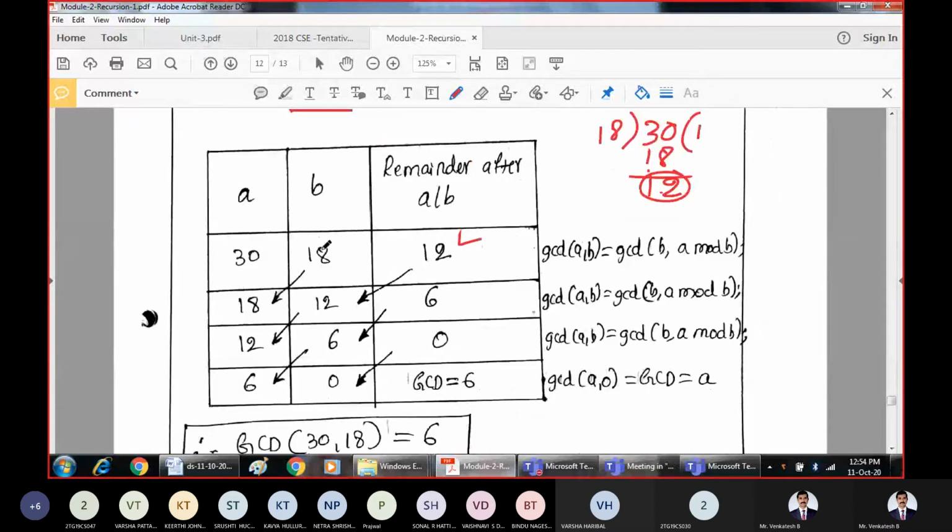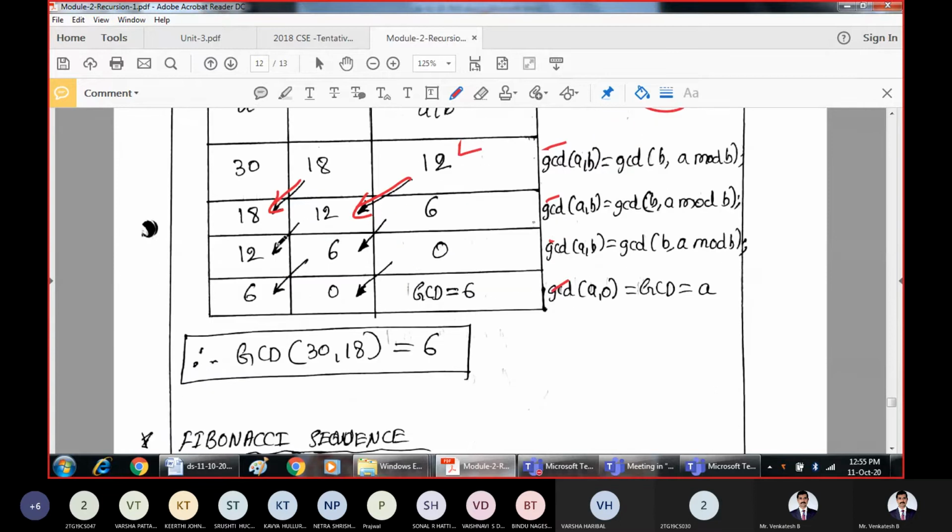It is shown here. Assign the value of B to A, then assign the value of this remainder, whatever result you get, to B. We're just swapping that till we get the result. And this is what is the function call. At every location, this is what is the function call. Now, what is the next procedure?